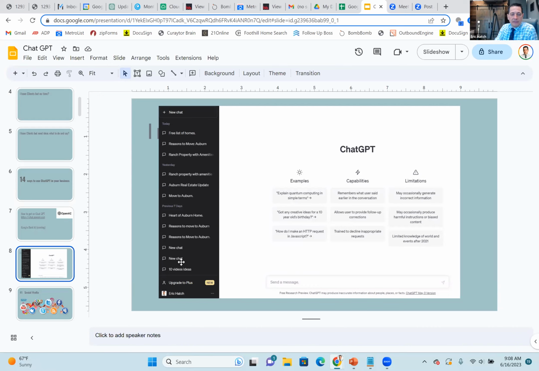But basically, after you start collecting these and having new chats, they'll actually start showing up over here. Then you can go back and reuse them. So that's kind of fun. All you do is log in, create an account, go to the send a message box down here at the bottom, click it, and make your request.